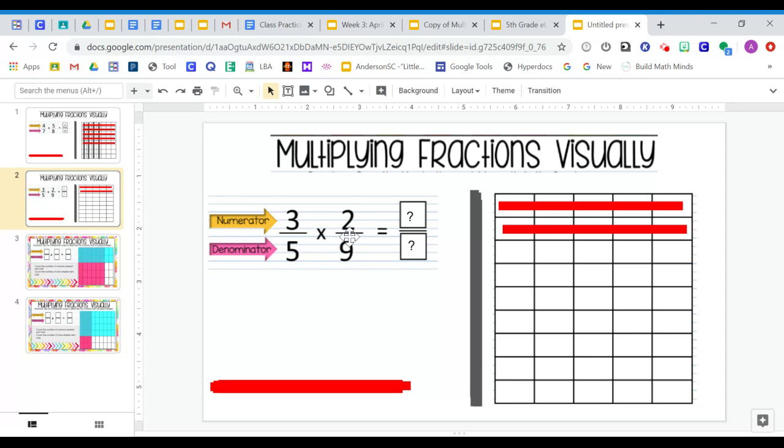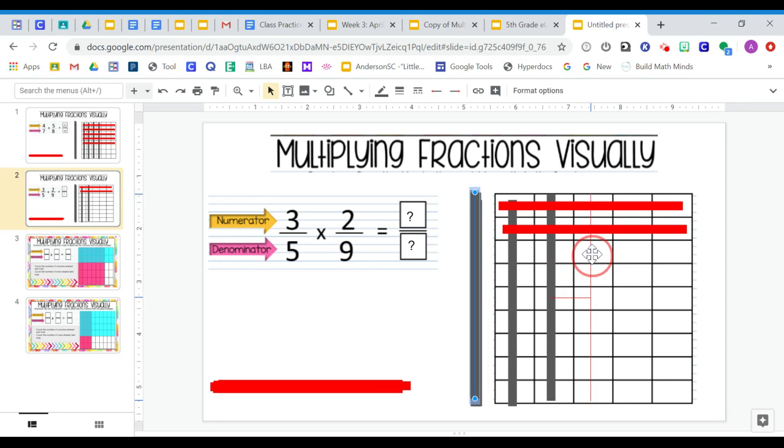That means I need to split 2/9 into fifths. I did this by making 5 columns: 1, 2, 3, 4, 5. I don't want all 5/5. I only want 3/5. So I'm going to take my vertical lines and shade in 1, 2, 3 of those fifths. As you can see, I've got 2/9 represented by red horizontal lines and 3/5 represented by